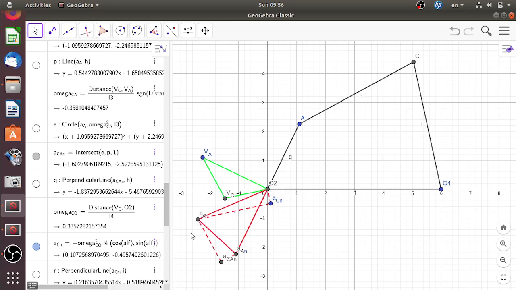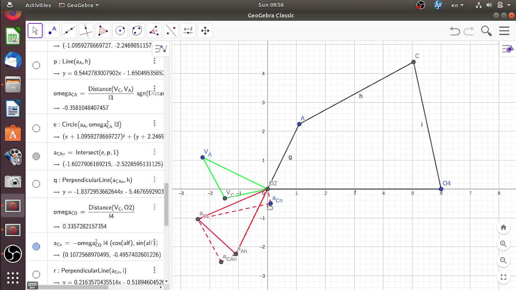At this moment, if you want to measure the angular acceleration of any of the links, for example this link, then what do you have to do? You have to take this component, the tangential component, and you have to measure the angular acceleration of link 4.